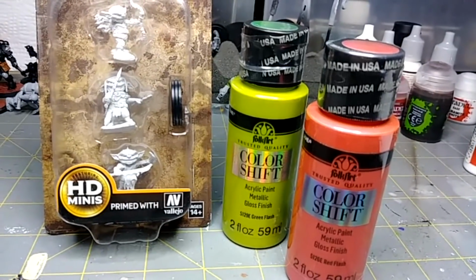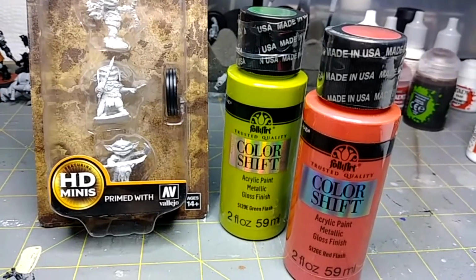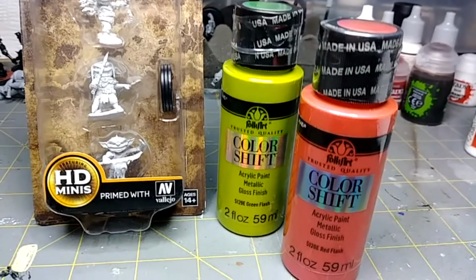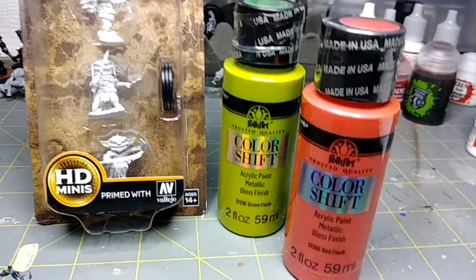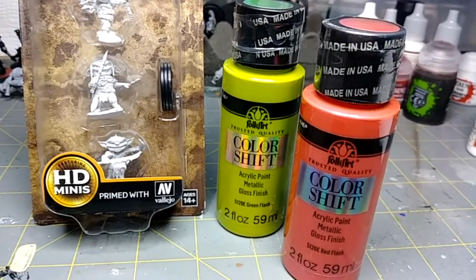My wife saw these last night at Walmart when she was getting out of work, because she works at Walmart, and thought I would like them. Now, I guess these are the only two colors they had. And to be honest, I've been waiting a while so I could try these out. I've looked on YouTube. I've seen a couple of videos about these,